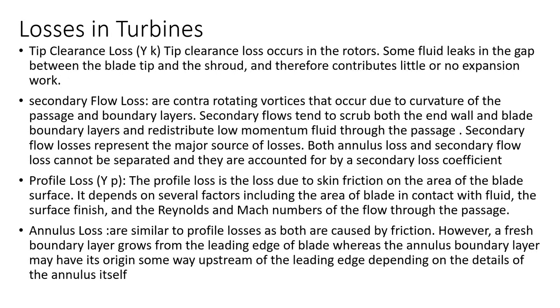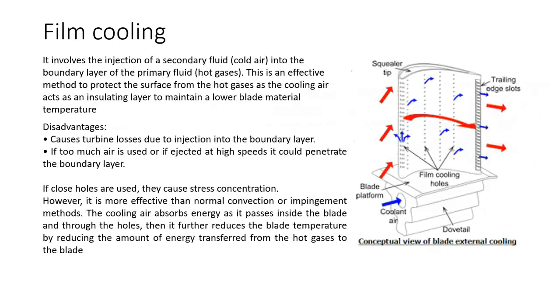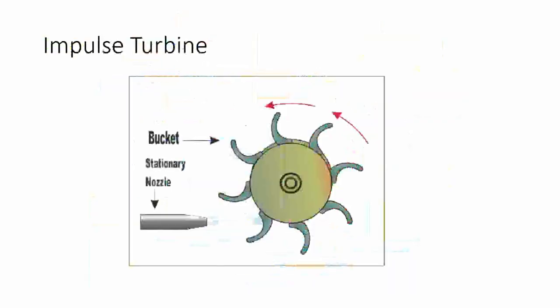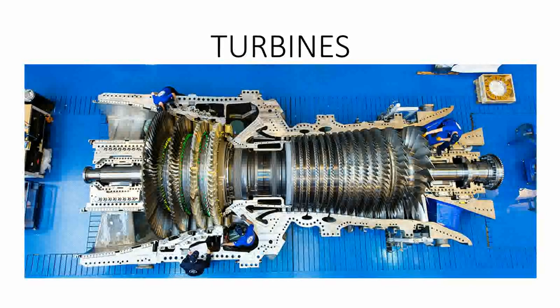So next we'll talk about losses in turbines. So first is the tip clearance loss. Okay, so possibly I think we'll just go to the first slide. So here if you see the enclosing and the turbine blade. Okay, so this is the enclosing and this is the turbine blade. So between those two, there is a small gap left behind. This is the enclosing of the engine, and this is the blade. Between the blade tip and the enclosing, there is a small gap.